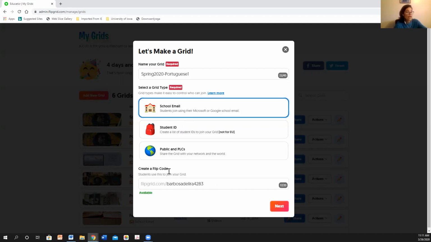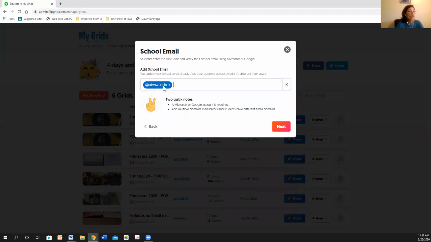And in here, create a flip code. I recommend that you create something that's going to be easy for you. So let's say, for example, Portuguese 1. And then see, it's not available. So Portuguese 1B. And then it's available. And then next. When you click next, see here, at uofi.edu, this shows that every single student with this type of email and with a specific website that you're going to have for that grid can log into your class. So then next,